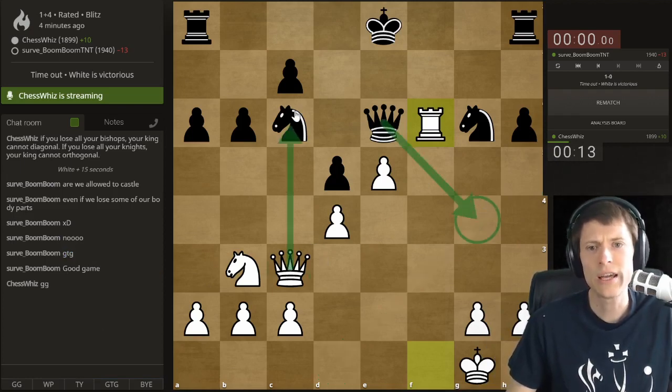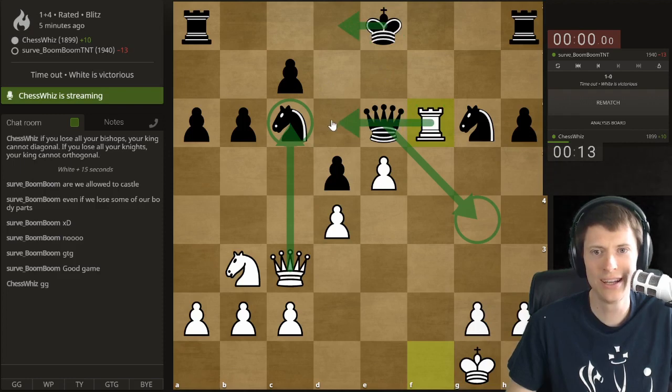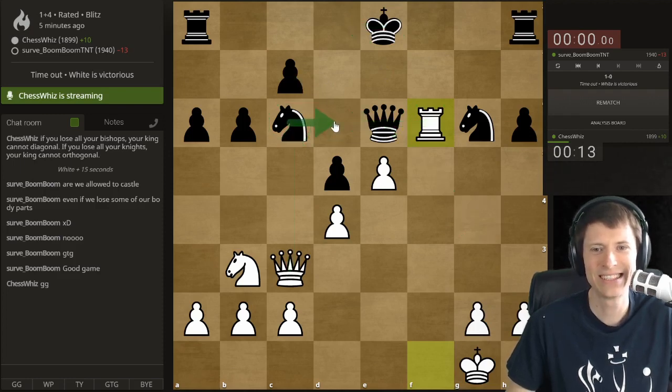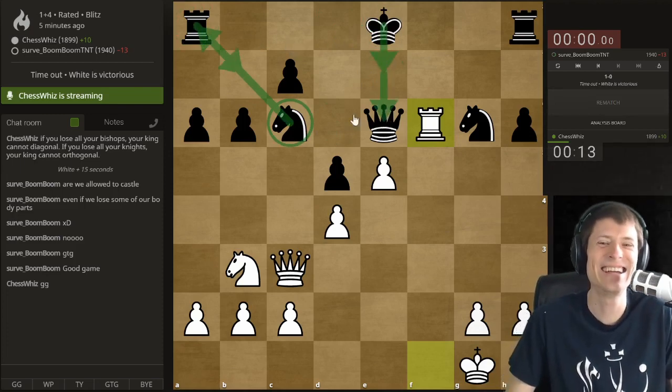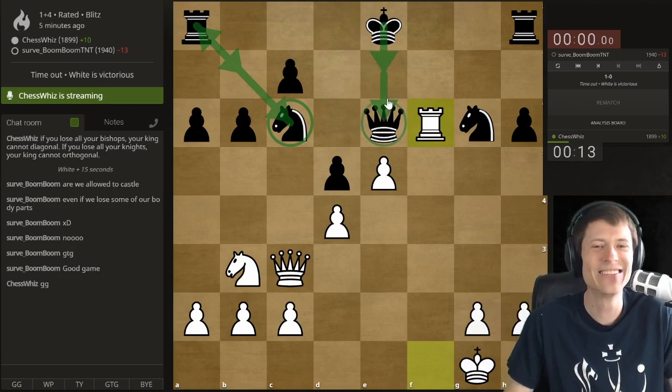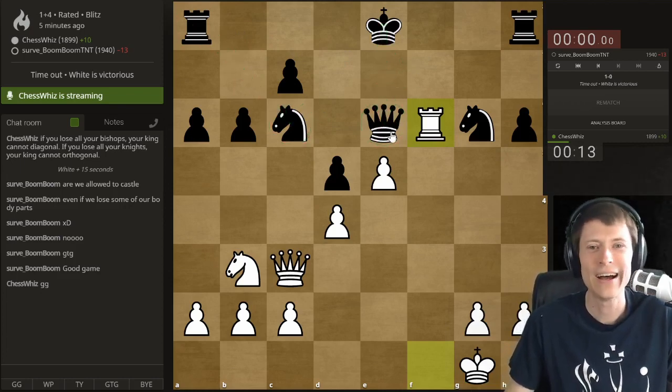I think then I would take his knight with check, and then he can only move straight. And then I would move here, check. He'd take me. I'd move here, check. He'd have to move straight. He'd be pretty screwed, wouldn't he? Then I play here, check, and he'd be so dead. Then I take his rook. He could only move straight, and then he could only move straight, and then I pretty much checkmate him, and he could only move straight. Yeah, this would be pretty fun. Actually, he is losing. That's why he just ran out of time.